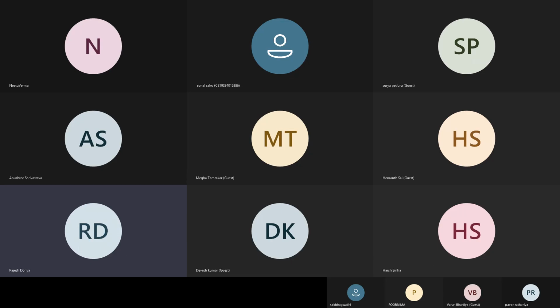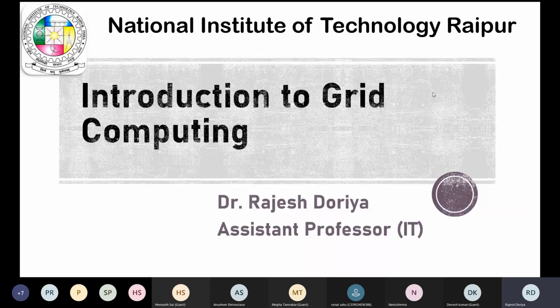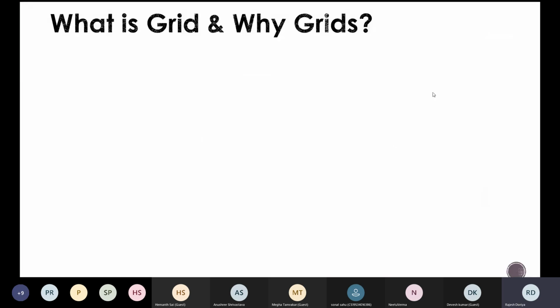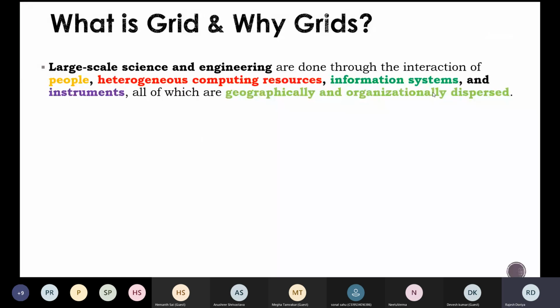So in the earlier class, we have seen the basics of grid computing. I have introduced to you what exactly we mean by grid computing, what is the need of grid computing, and how exactly it has evolved over a period of time. As discussed in the last class, grid computing is especially designed to handle large scale science and engineering